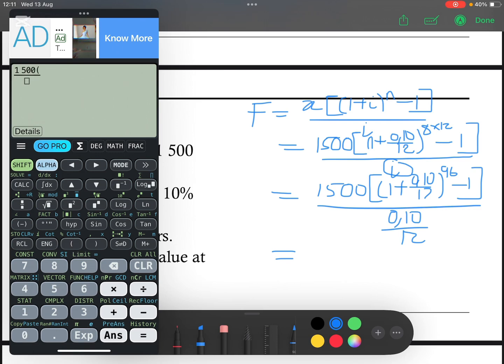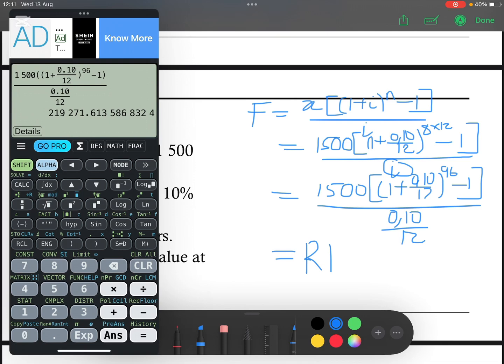We have 1,500 into, and you open the brackets, 1 plus 0.10 divided by 12, and then you close the bracket again. You'll have to the power of 96, and then subtract 1. So you divide by the interest rate, 1.10 divided by 12. It's compounded monthly, and then Zanele will have